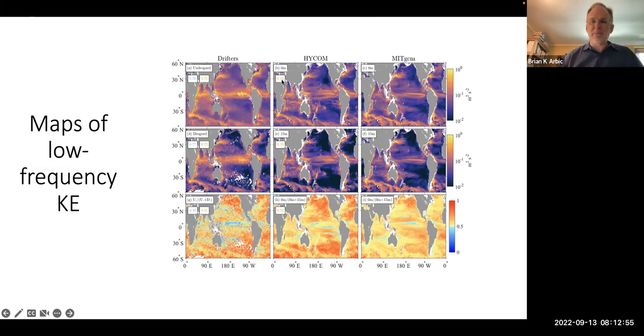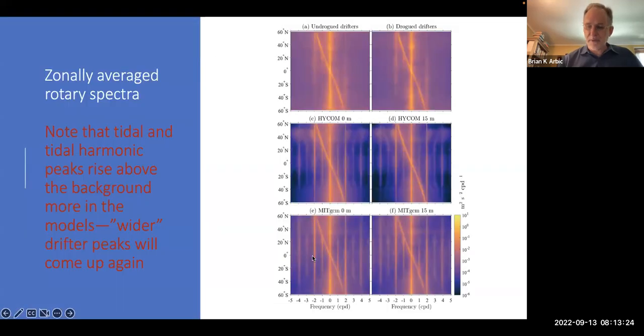I won't go through all of them, but these numbers are the correlations between the two model runs. The blue ones here are the correlations between HICOM and the drifters, and the gold ones are the correlations between MIT GCM and the drifters. And in most, if not all bands, the HICOM correlations are higher than MIT GCM, but sometimes by just a tiny bit. So moving to the vertical structure plots, which is shown on the bottom,